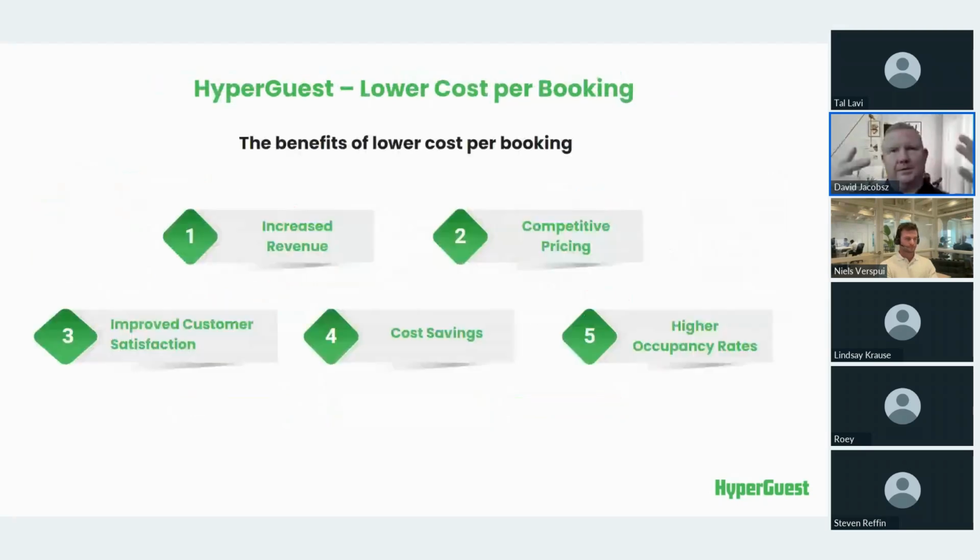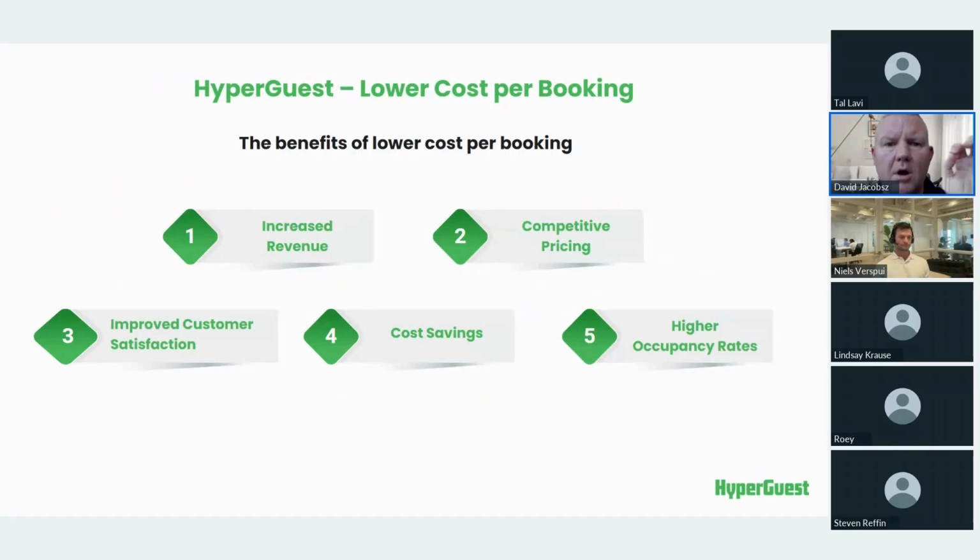So you heard me a few times saying now lower cost per booking. So what are the benefits of that? From a property, and I've heard it multiple times, in order to make more money, I need to charge more. No, that's not how you necessarily make more money. Yes, you can increase your rate, but what sometimes happens is if we go too high, we start outpricing ourselves. And when we go too low, we're underpricing ourselves. So there is that fine middle path that we need to find.